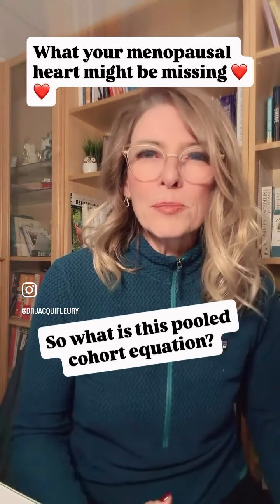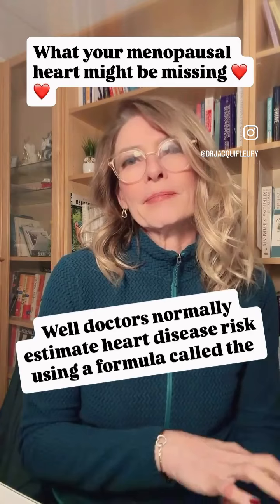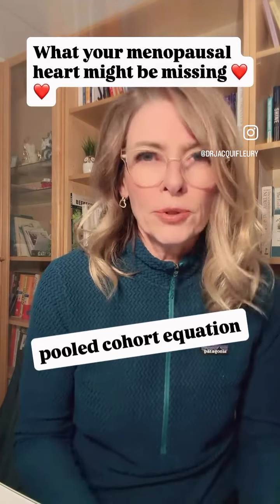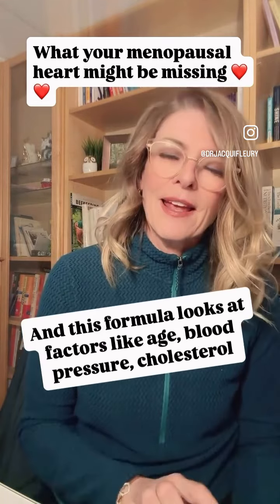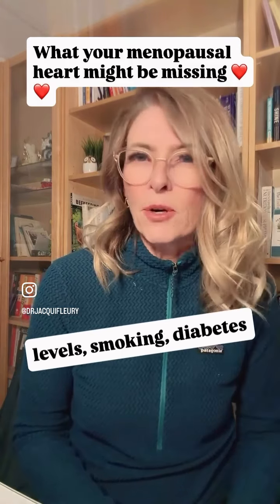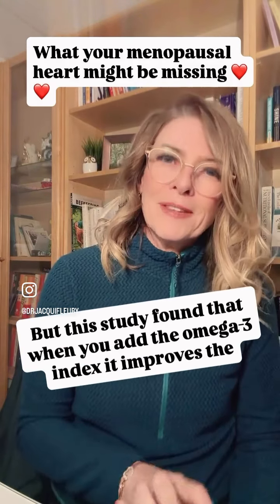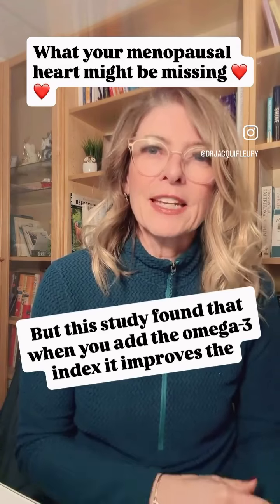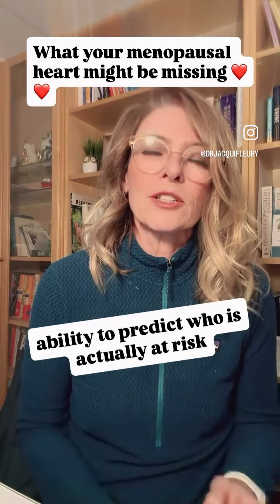So what is this pooled cohort equation? Well, doctors normally estimate heart disease risk using a formula called the Pooled Cohort Equation. And this formula looks at factors like age, blood pressure, cholesterol levels, smoking, diabetes. But this study found that when you add the omega-3 index, it improves the ability to predict who is actually